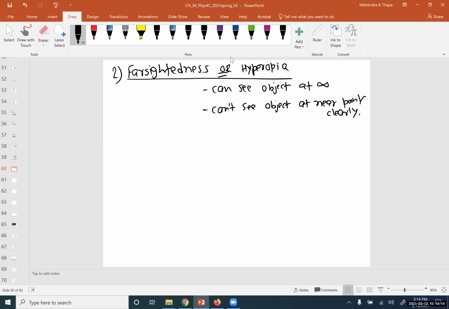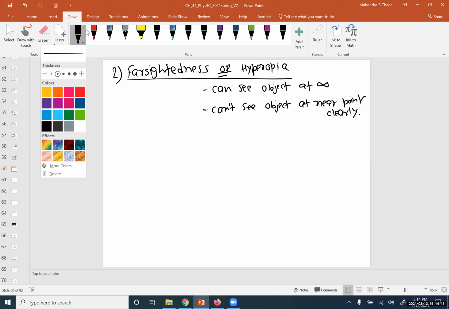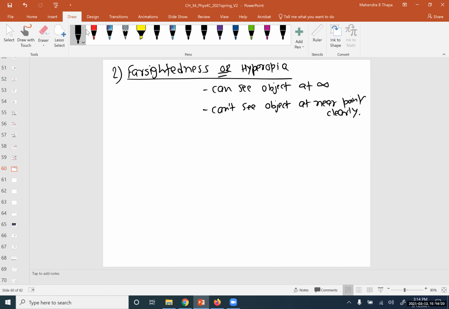So if you guess what the picture looks like, if this is the eye,